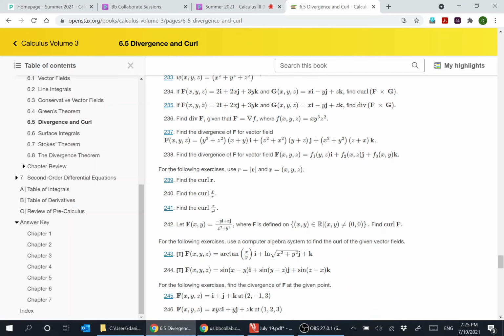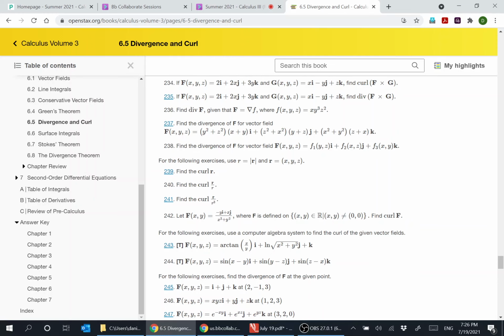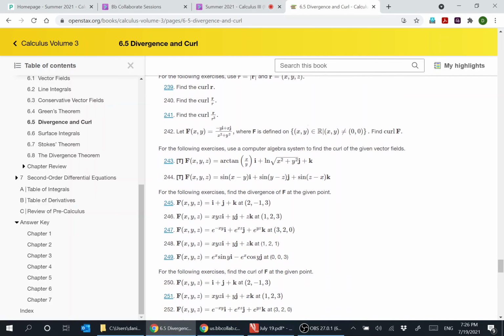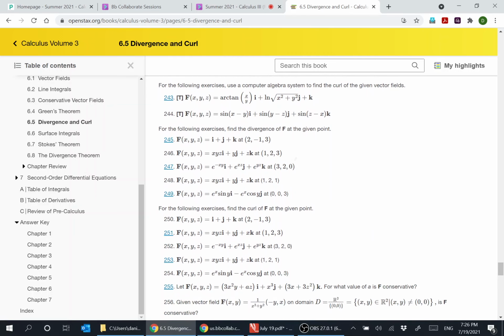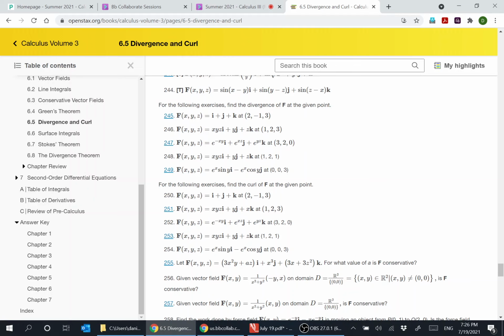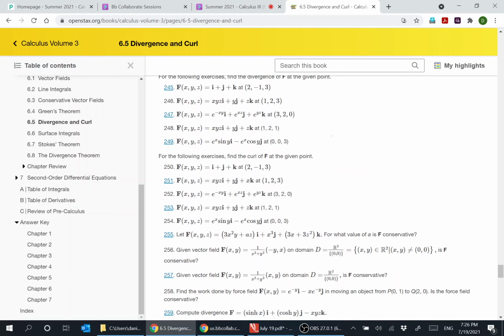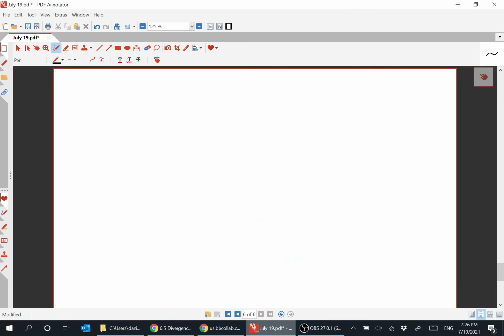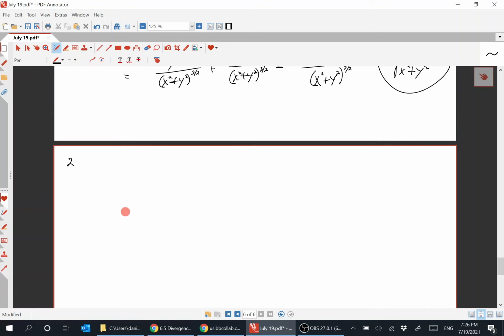Find the curl of f. You don't need to do that. We've already done stuff like that. 246, 252. Find the divergence at the given point. No point in doing that. Find curl at a given point. No. So the rest of the problems in this section, so numbers 227,